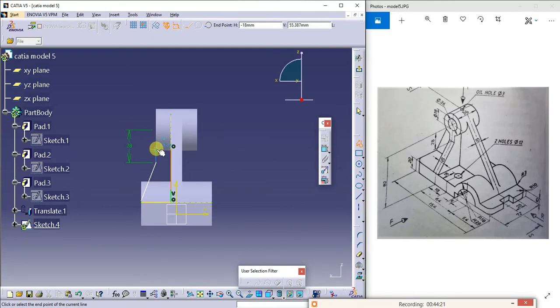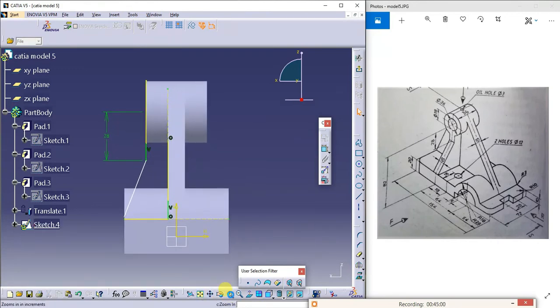I'll go for this. Once again I'll project this 3D elements. I'll zoom this little bit.